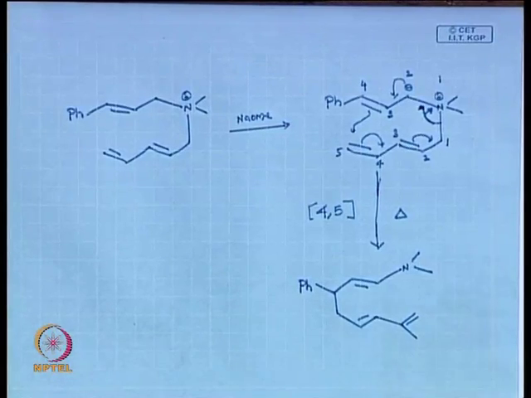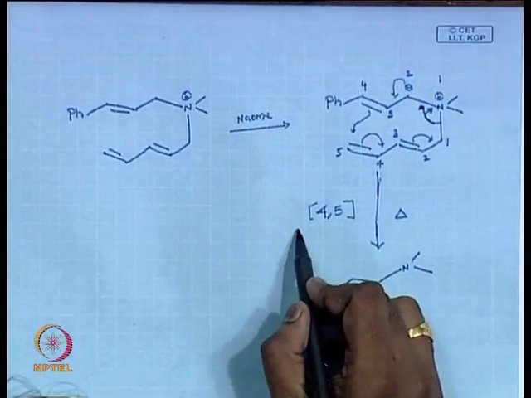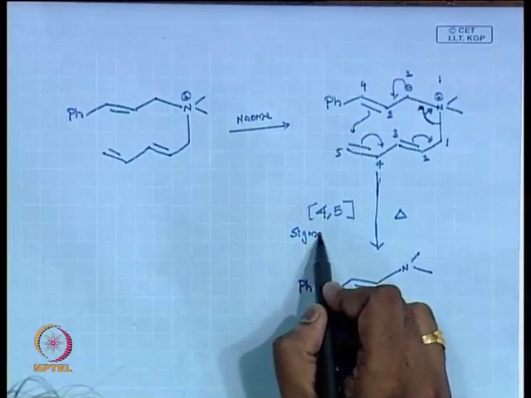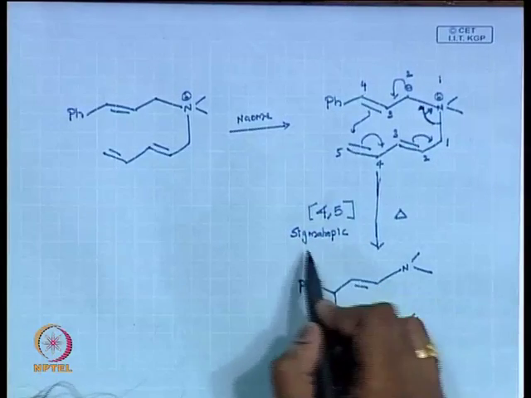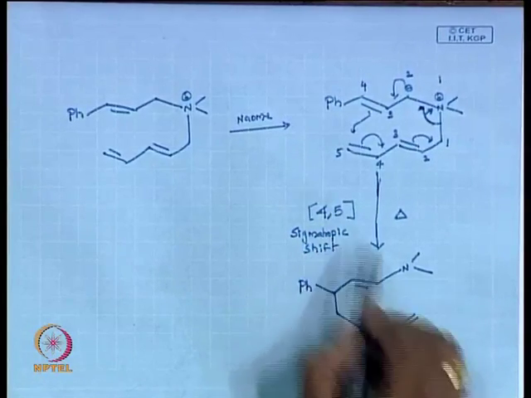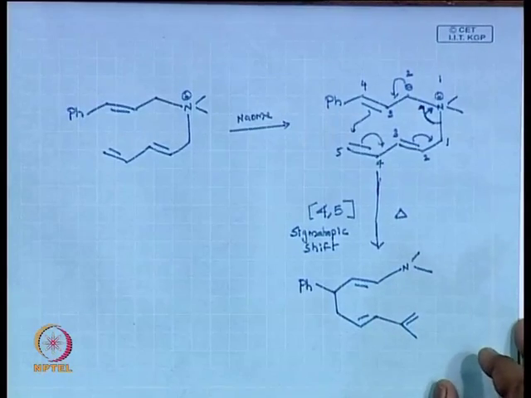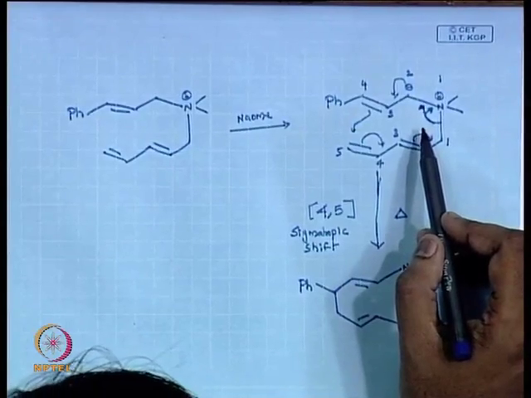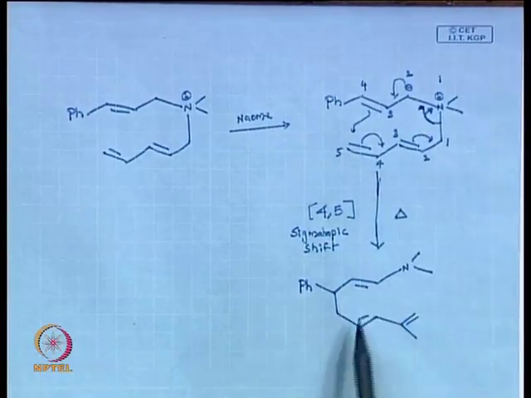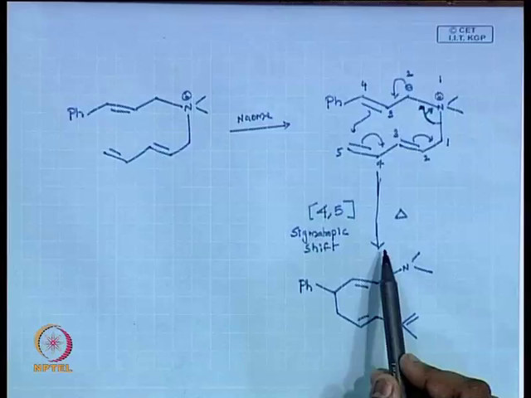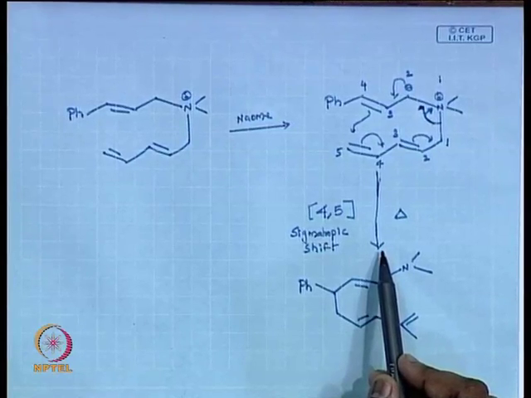Yeah, you get this product, a 4,5 sigmatropic shift. So, you can see 2, here the total electron number is 9. But this is an odd number. 4n plus 2 or 4n plus 1 is not. Yeah. So, it is on heating, no? Yes, sir. But I am taking the